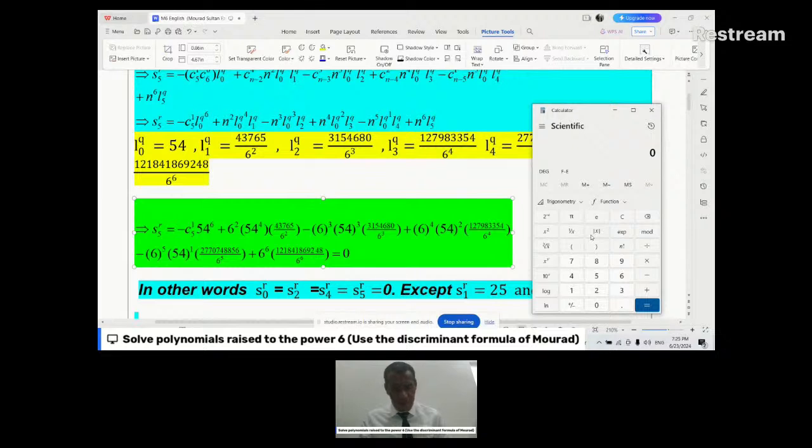Plus 54 raised to the power 4, close the parentheses, multiply by 43,765, minus 54 cubed, multiply by 3,154,680, plus 54 squared, the square of 54, times